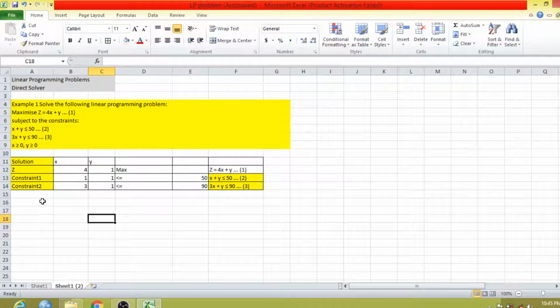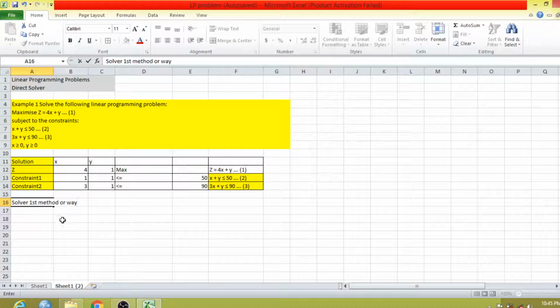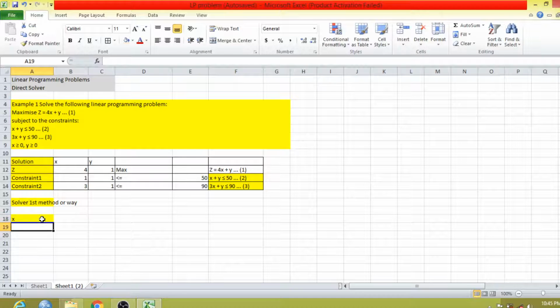Now we will use the solver method. I will use the first method, then the second. We can say that we can solve this particular problem through the solver in two different ways. So our first method or way is: how many decision variables do we have here? x and y.